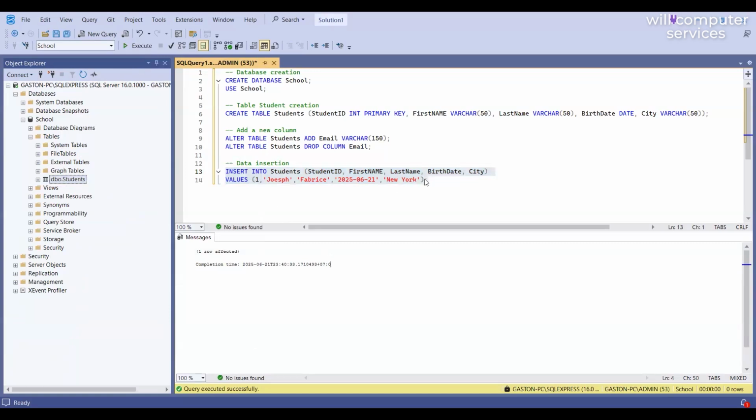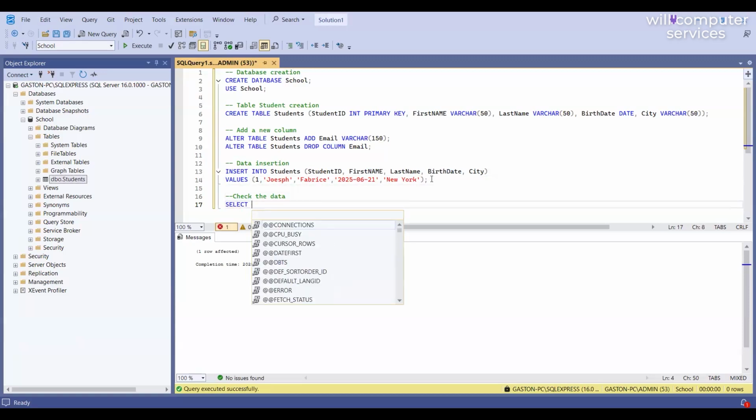Now to check if the data is really inserted into my database, we will type a data manipulation command just to see. So the data manipulation command is, let's say first I put check the data. So the command is select, select star, excuse me,